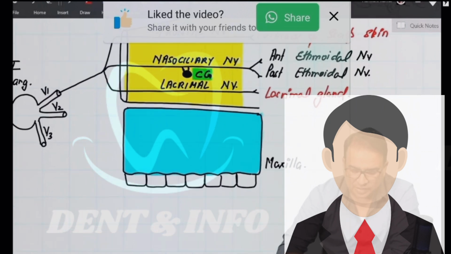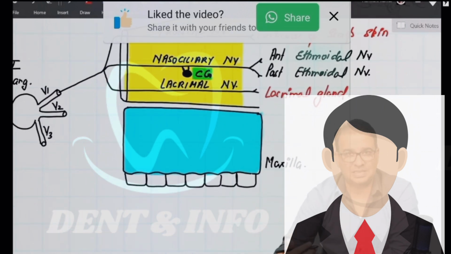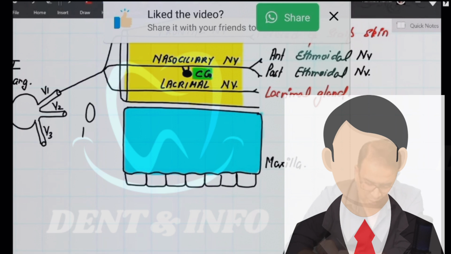What will the maxillary nerve do, and what makes this maxillary nerve so special and different from others? Guys, the maxillary nerve will come out of a foramen. There is a foramen present in the skull bone, and that foramen is called the foramen rotundum. I will discuss that in the osteology part with you. So the maxillary nerve will come out of the foramen rotundum, and once it comes out,